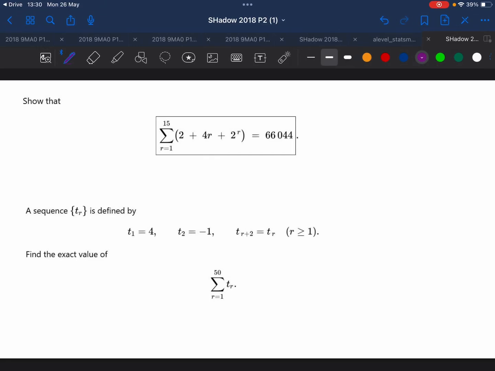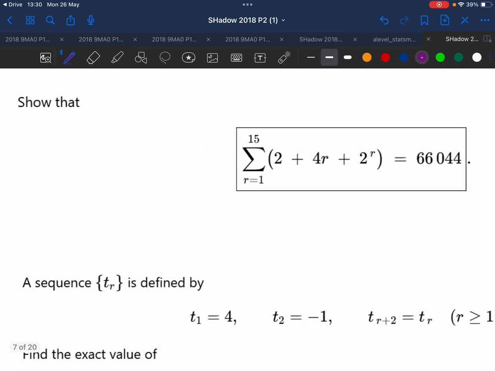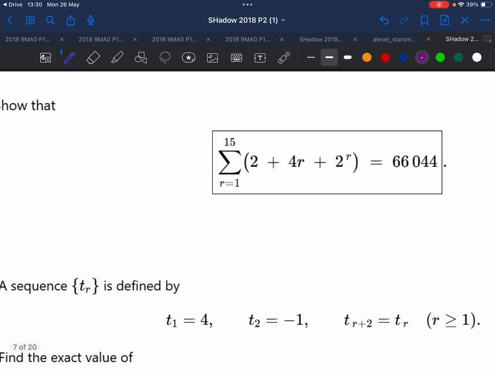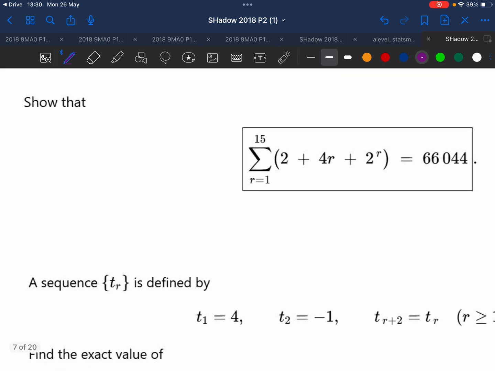Okay, so we're on to question number 4 from our Shadow 2018 paper 2, and we're going to start with this one here. It says show that the sum from 1 to 15 of 2 plus 4r plus 2 to the power of r is 66,044. So the first thing that we need to do here is realize that you are allowed to break this up